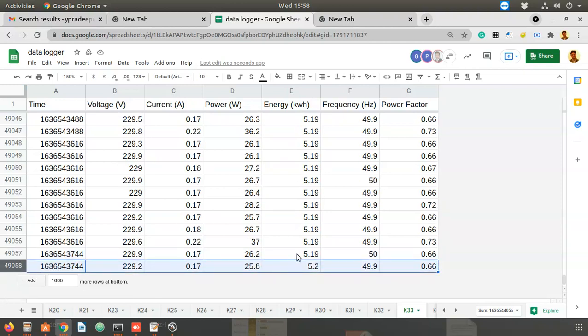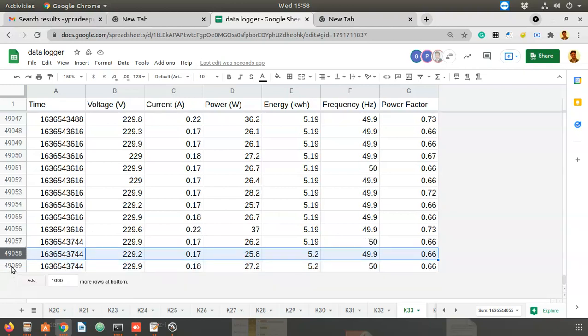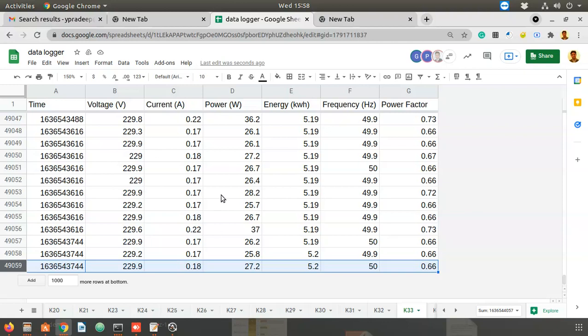So in real time the data is being uploaded to the sheet. If I wait 5 more seconds, more data will come. Sometimes the delay may be slightly more. Now you can see 49,059 rows. Continuously, data is being entered into this particular sheet.